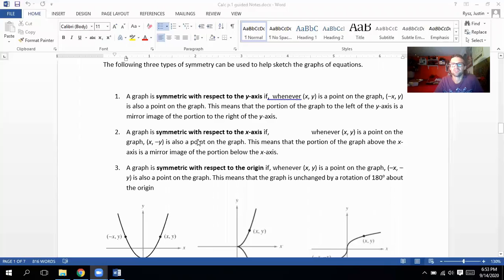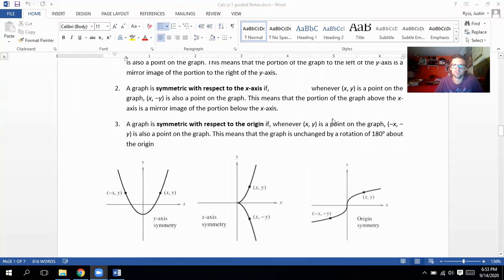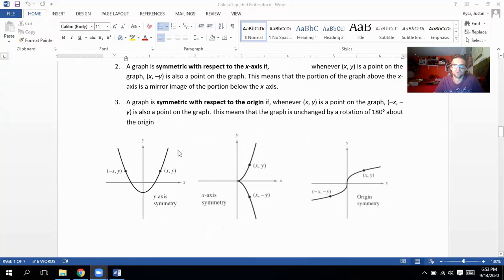The way that we find this graphically is if we have y-axis symmetry, if we make the x negative, we get the exact same equation. If we have x-axis symmetry, we make the y negative and it reflects over on the same point. And then origin is if we make both of them negative, we reflect on the same point. So you can see here a negative x